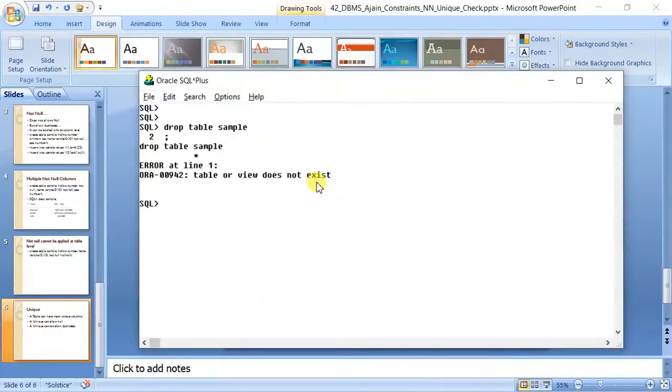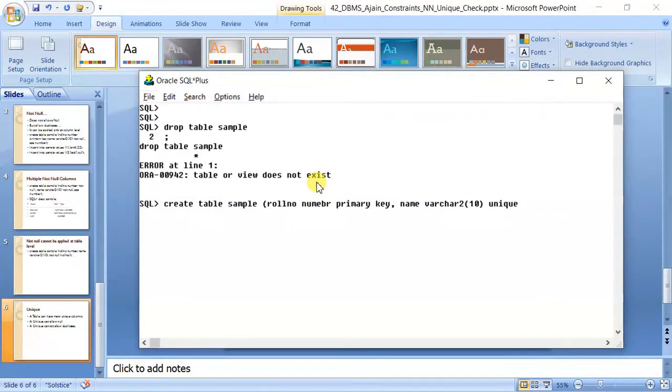Okay, let us see an example. Create table sample, roll number number. Let us create a primary key. Okay, then take name. Let us make it unique.